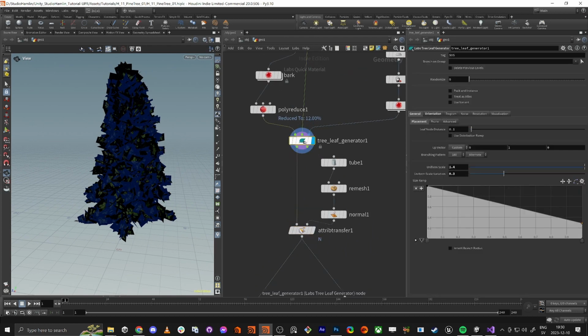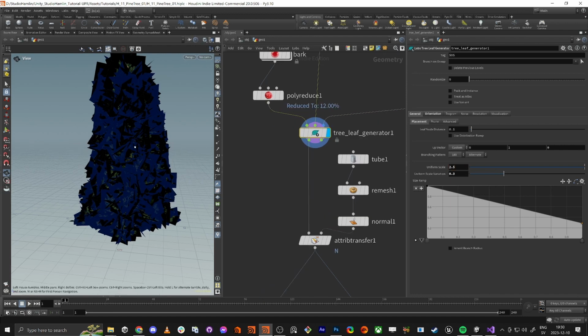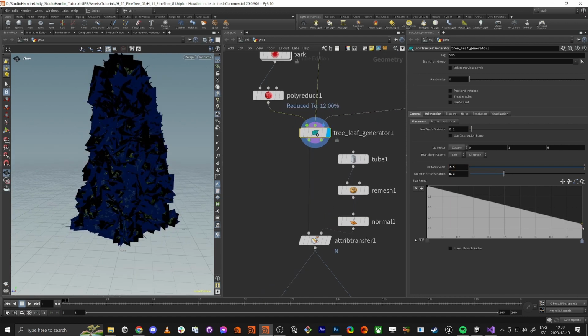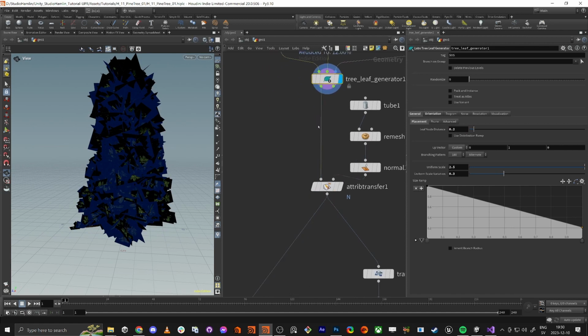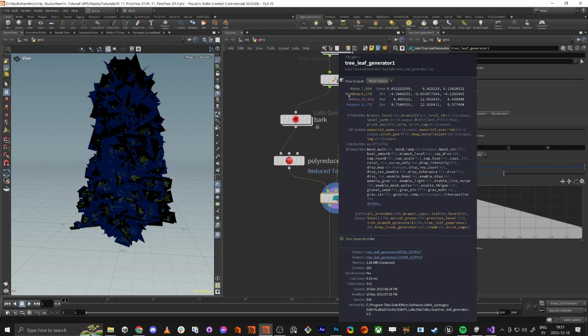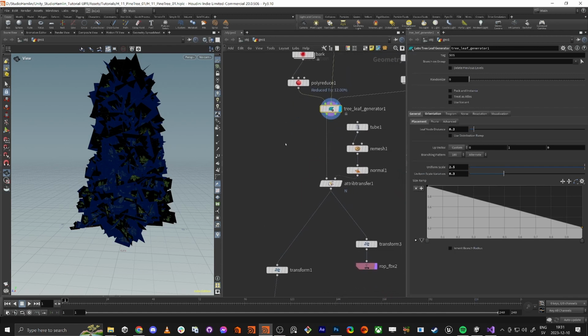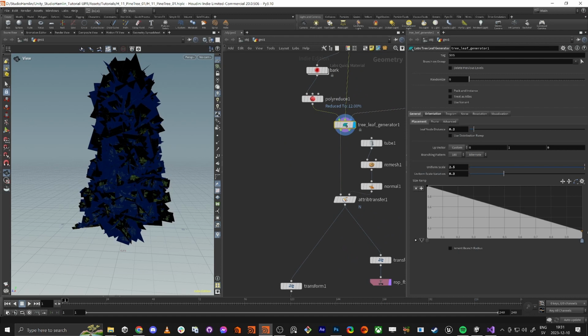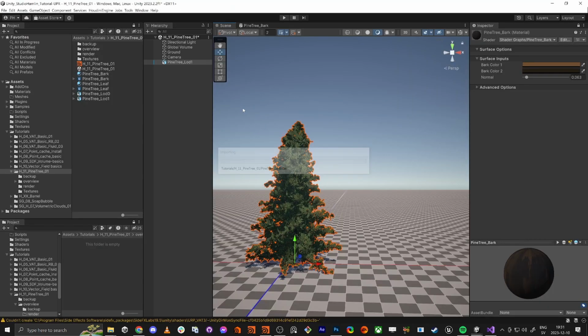So if we do these 3 leaves, and we do the uniform scale to 2.5, and you might do other values here. So now we don't need to scatter so many of them. If we do 0.2 instead, now we see on the result we only have 8,000 primitives. So if we save this one and we check it out here,